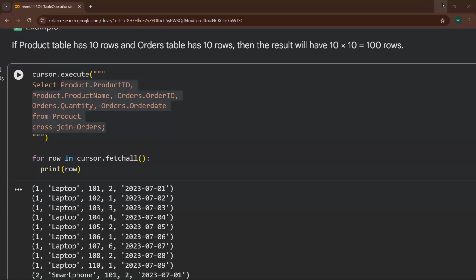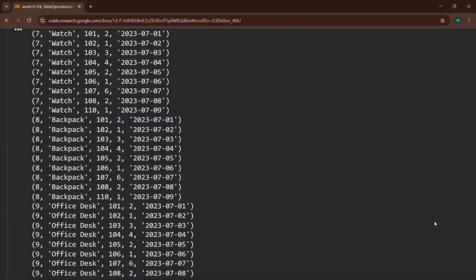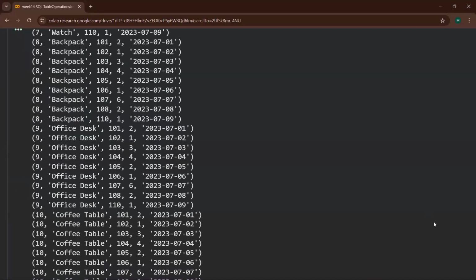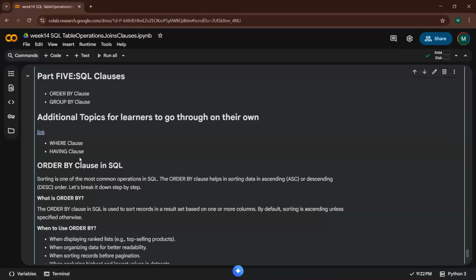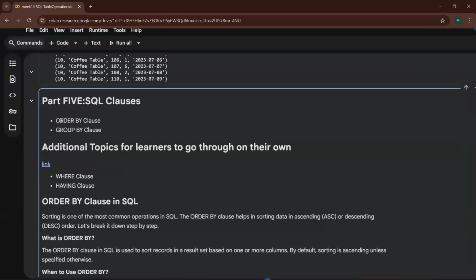Okay, everyone. So now we are going to start part number 5. In part number 5, we are going to learn about some SQL clauses like the order by clause and group by clause. We also have some additional topics, which you will do on your own.